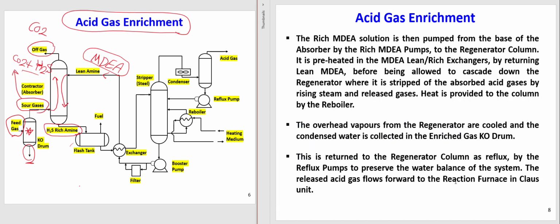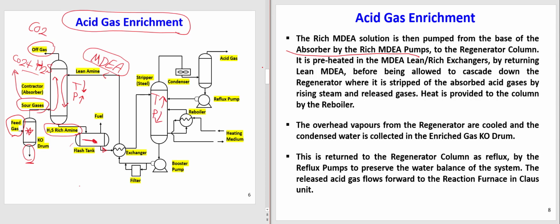Then you have this rich amine that absorbs H2S and also some hydrocarbons. It is pumped from the base of the absorber by the rich MDEA pump. So here you have a pump that will send it to a heat exchanger. You know that the absorber works at low temperature and high pressure, while the generator works at high temperature and low pressure, right? So here the temperature is high, and the temperature here in this absorber